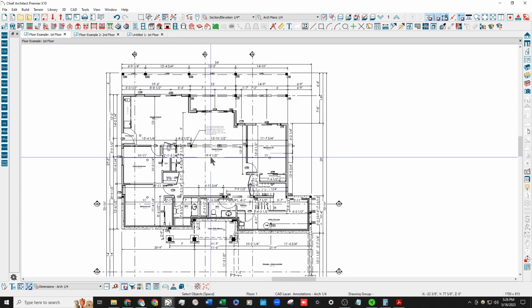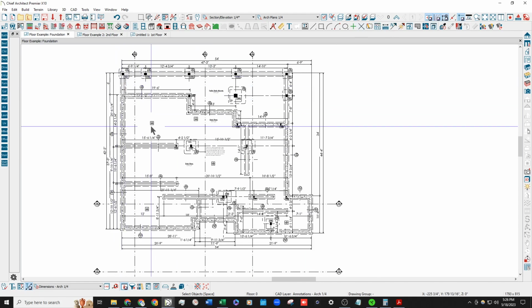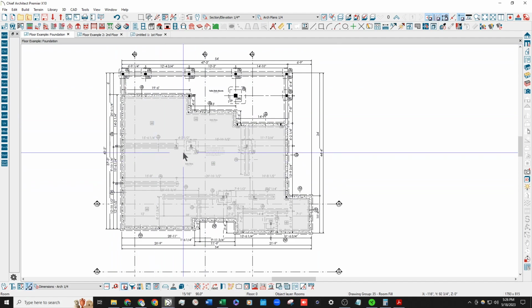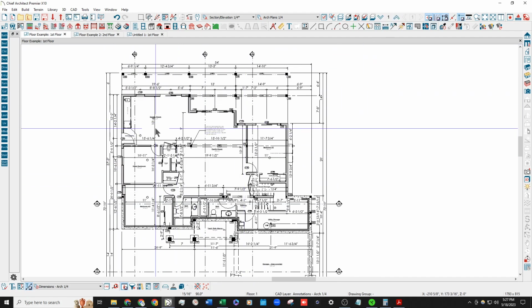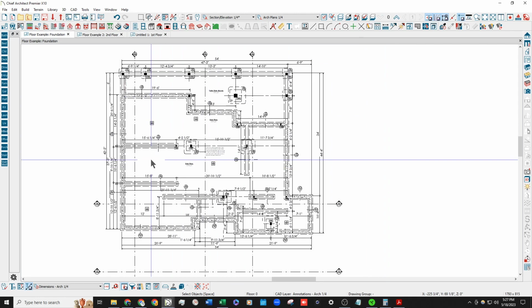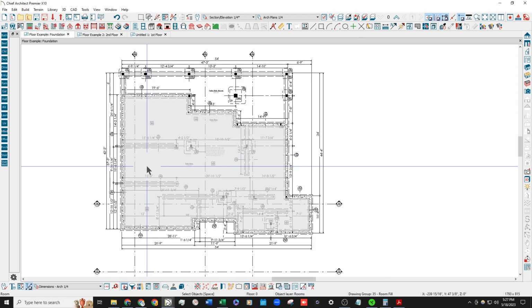On floor 1 is my basement. I do this because it helps me send the foundation and basement plan to the layout with the same layer set. There are some other things, but the main reason I do this is because in the example I'm giving, if the builder asks for a crawl space instead of a slab, I don't have to create a new floor and then shift everything up to put a crawl space